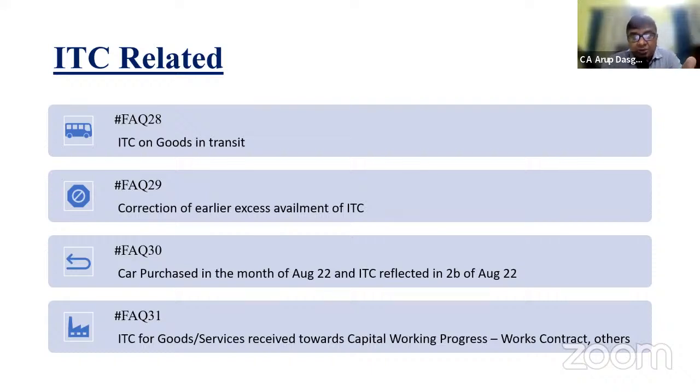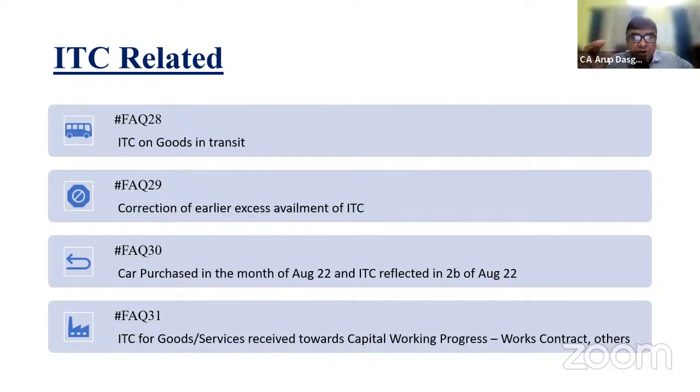So in this situation, where you are not sure whether the ITC will be eligible or not eligible, what we are suggesting is, of course, you have to avail it in all other ITC, और इसको आप temporary reversals में दिखा दो, at the time when you capitalize the entire thing in plant and machinery or building or whatever head you are booking, at that point of time आप इसको जितना भी आपने रिवर्स किया था टेम्पररी में, उसको आप ऑल अदर आईटीसी में ऐड करो,